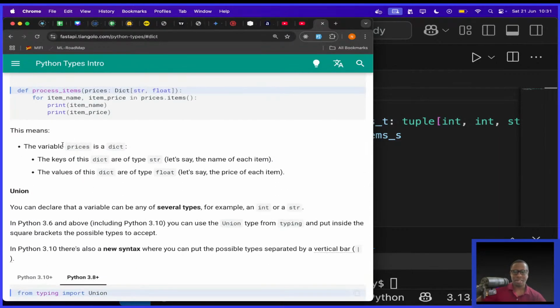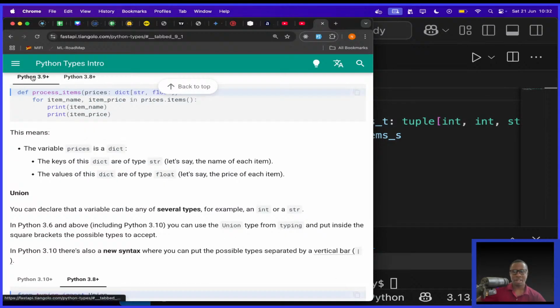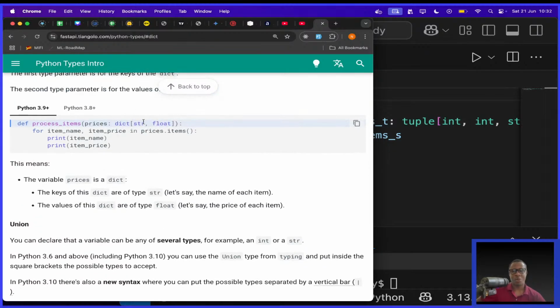And I see the variable prices. The variable prices is a dict. The keys of this dict are of type str, and the values of this dict are of type float. Yeah, so this makes sense. Oh yeah, I get it actually. If you look at it, the first annotation in the square brackets is for the keys, then the next one is for the values.